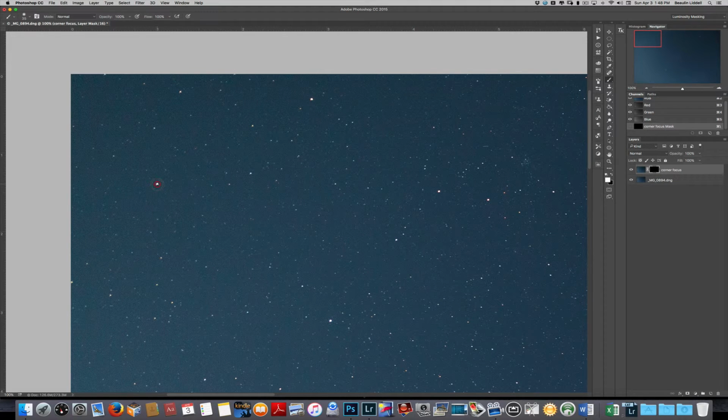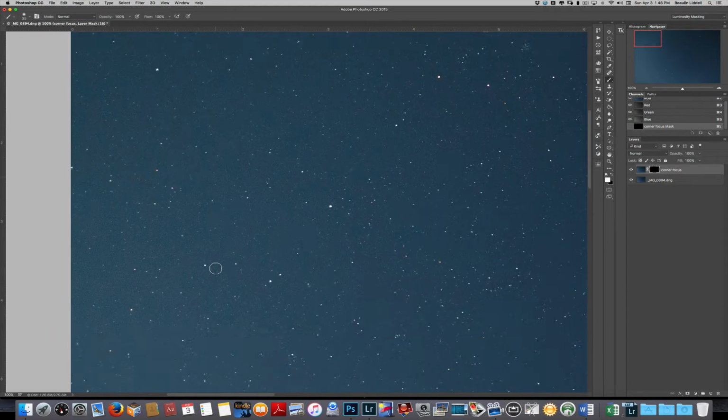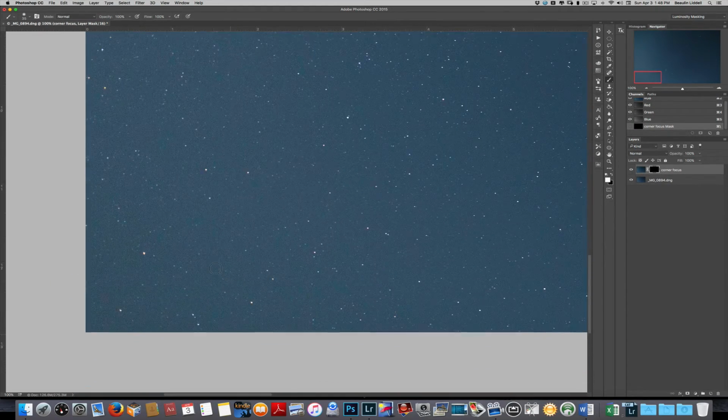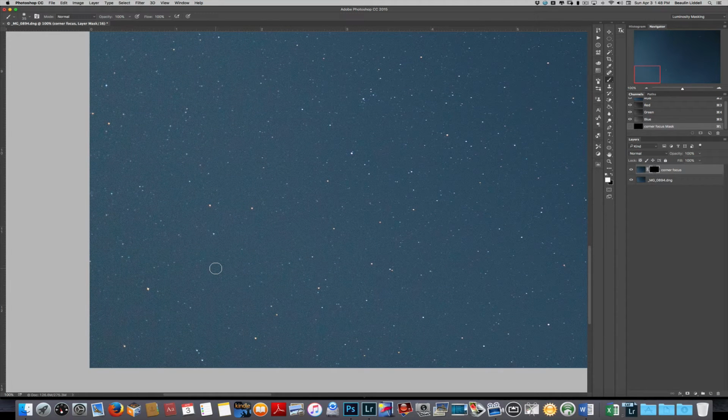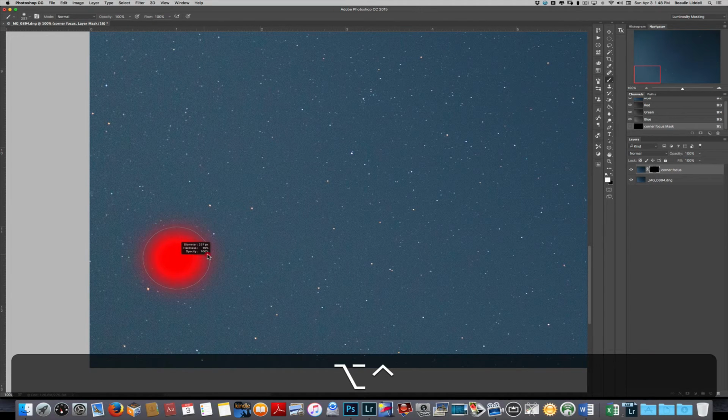I can adjust my size if I want to just concentrate on individual stars and make the corrections. You can see that improved the aberration. So I can work around the photo in such fashion, just concentrating and making changes to the brightest stars, those that exhibited the worst aberrations. For illustration's sake and time, I'm just going to go ahead and move down to this corner, increase my brush size, and show you how you can perform these changes